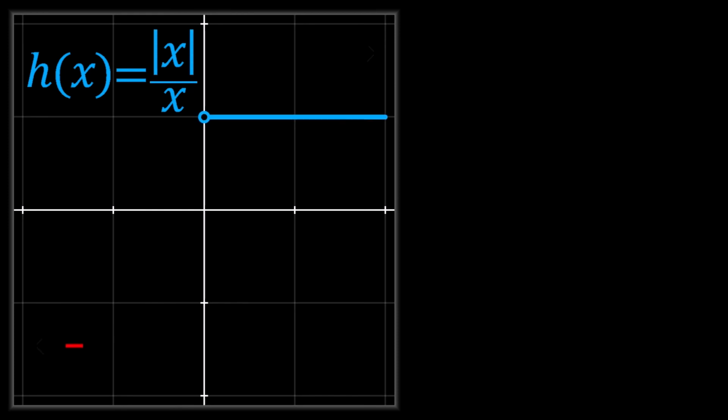You might be wondering, are there any functions that have jumps like the one we saw earlier? Actually, there are, and one of them is h of x equals the absolute value of x over x. Let's draw out the graph. To the right of the y-axis, all x values are positive. That means the absolute value of x over x will effectively just behave like x over x. As you know, any number divided by itself is 1, so we should expect a function that is just a constant 1.